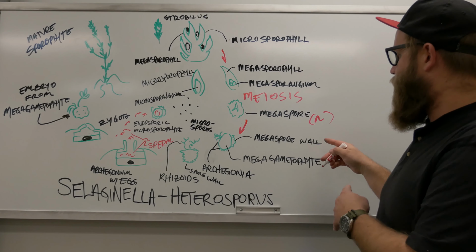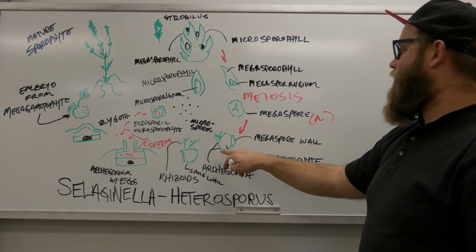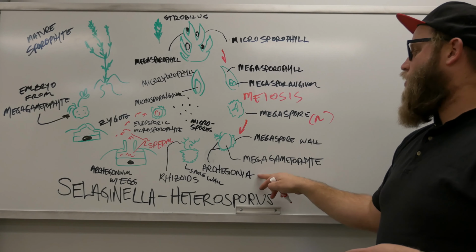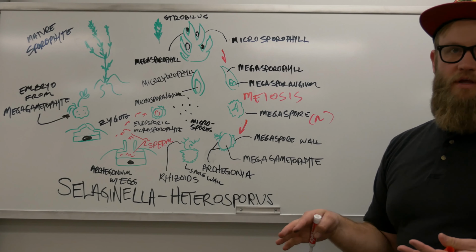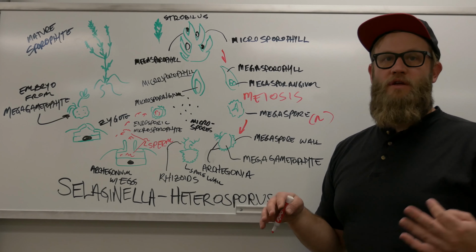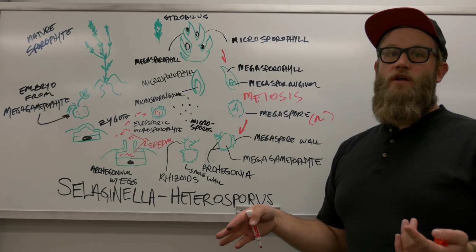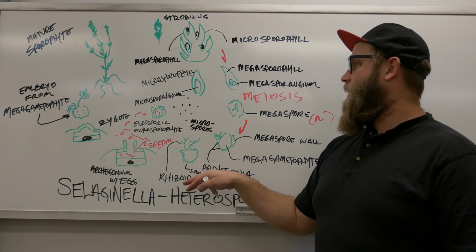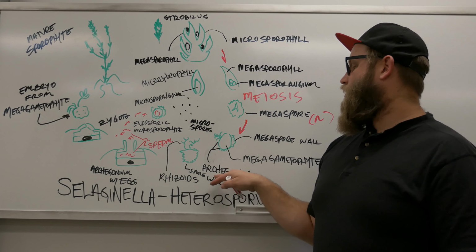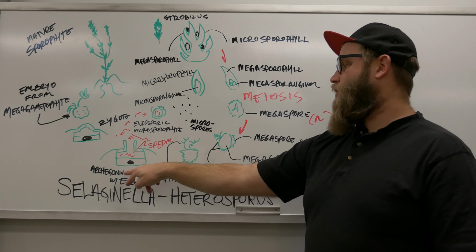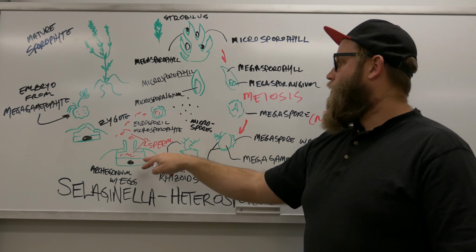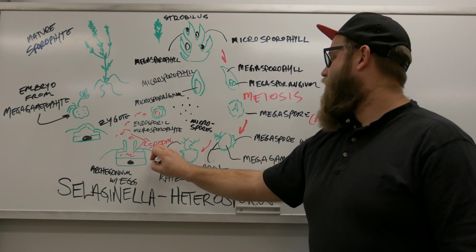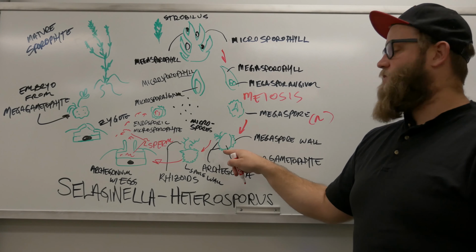And this megagametophyte, actually right here, kind of within the walls of this spore, forms archegonia, okay, multiple archegonia. So if you remember, there was an archegonium in the lycopod we went over. Same kind of thing. So we've got these rhizoids that form and archegonia, and this archegonium here has an egg now. Okay, and so let's pause here. So we've gone from here to here, and now we've sort of zoomed in on some of these archegonia